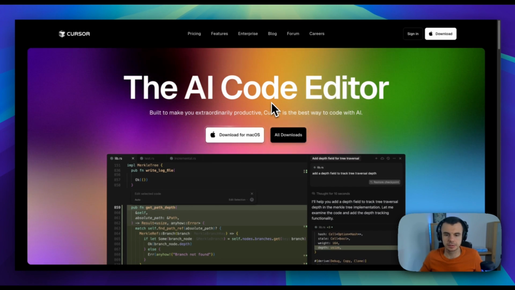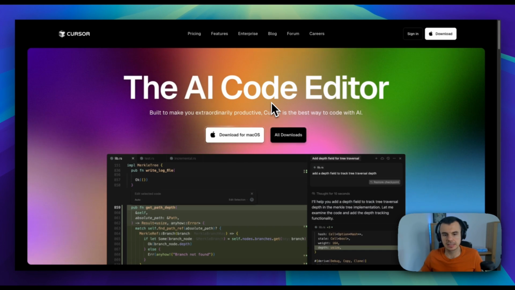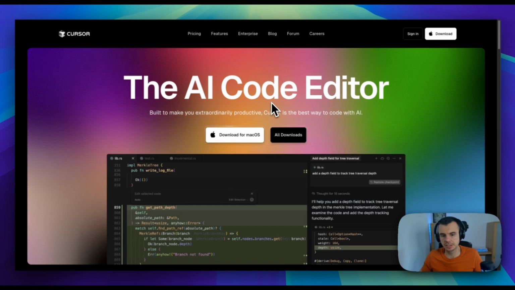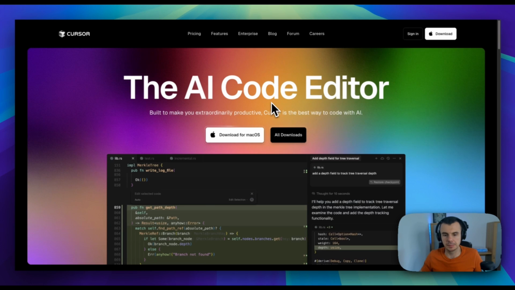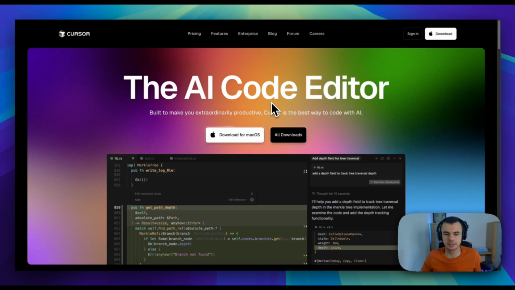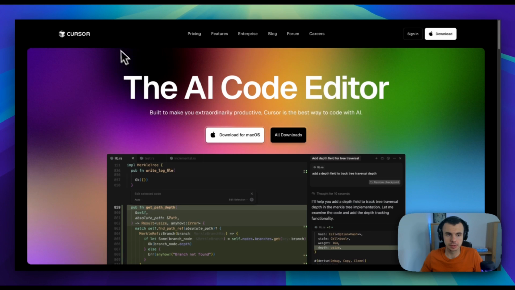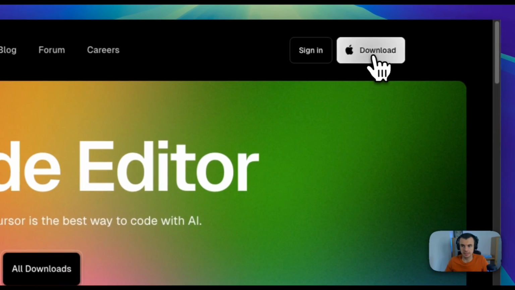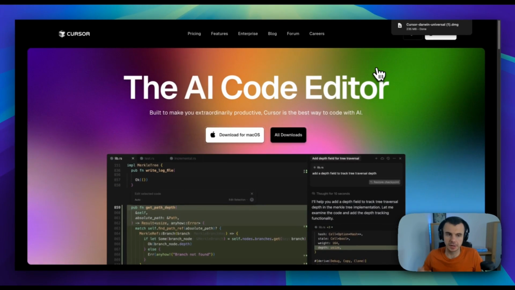Now, if you have never used Cursor, it's a powerful code editor where you can write, edit, and run code, but with built-in AI support. So you can just describe what you want in plain English, and it helps you build apps from scratch. So coding skills help, but they are not required. First things first, please go to cursor.com, click on download, and download Cursor for your operating system and